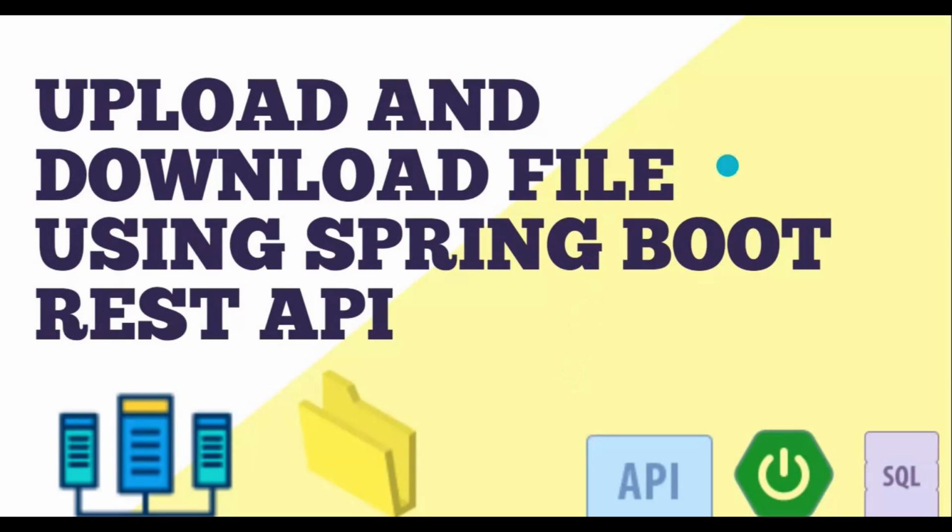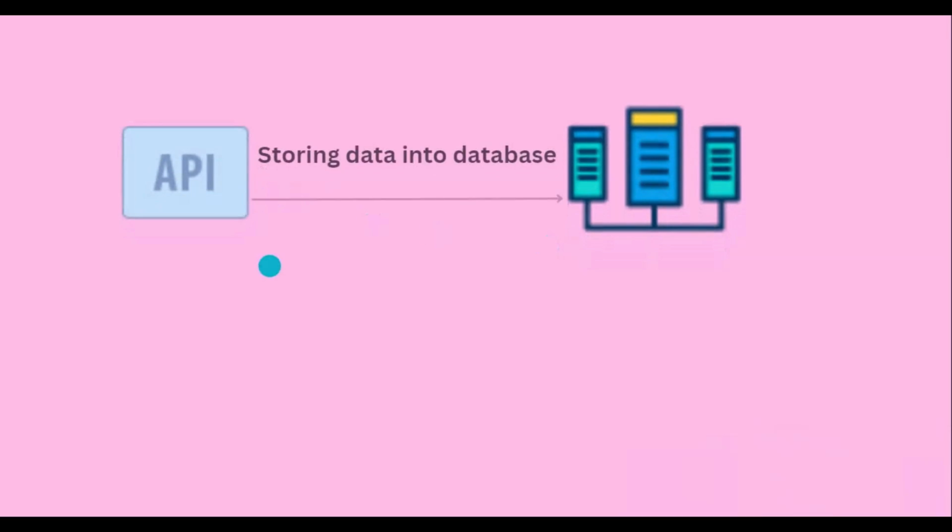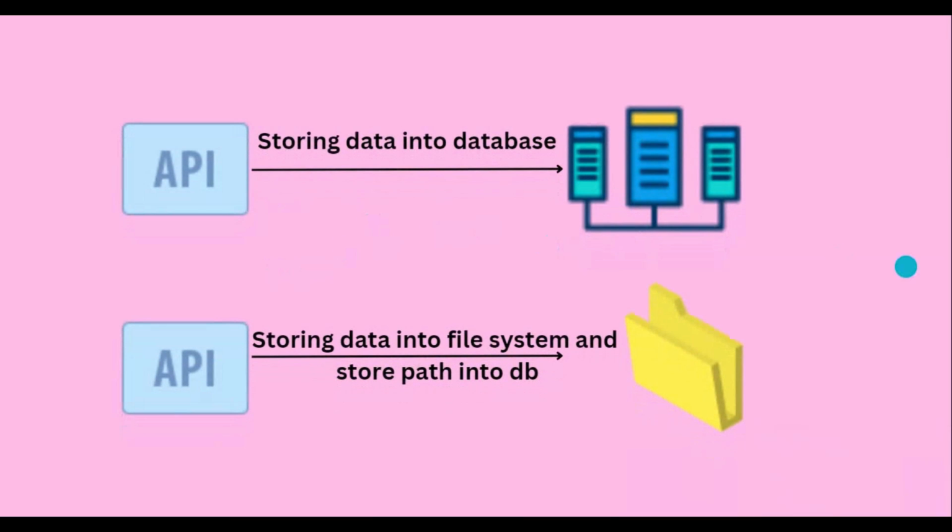Basically, for doing so there are two approaches I will explain. The first way is to compress the data and store it in the database, and the second approach is to store the images directly in the file system and store the file system path in the database. Spring Boot image upload is one of the most commonly used features while we develop